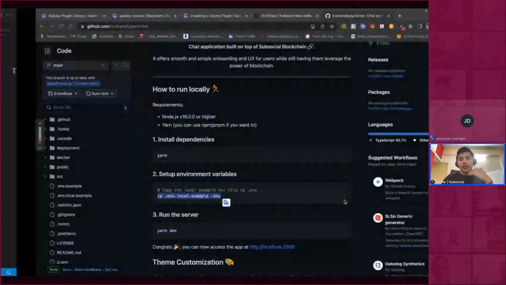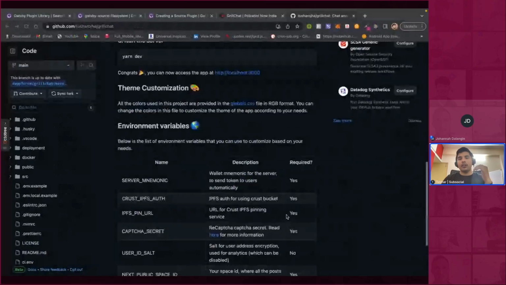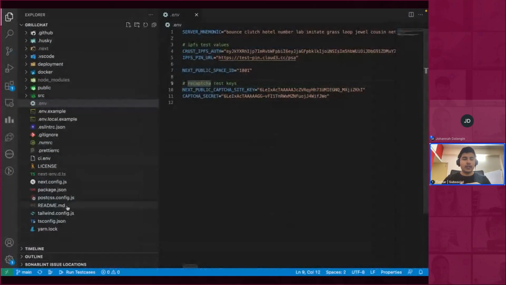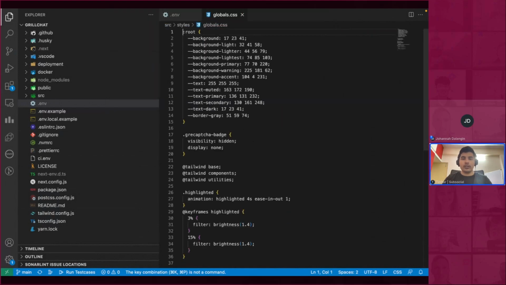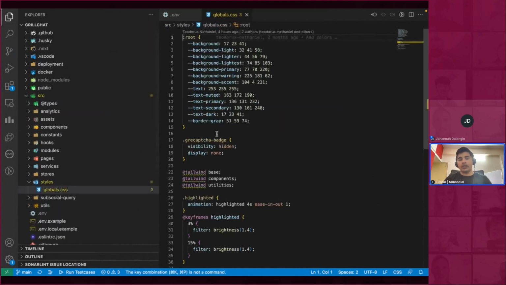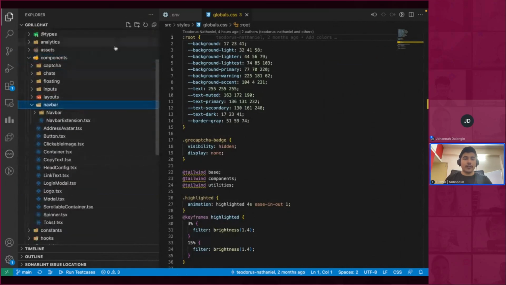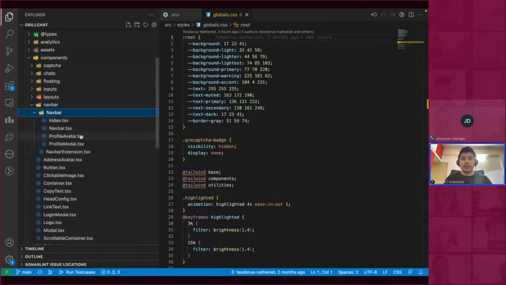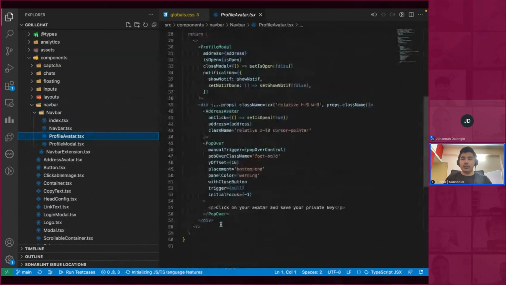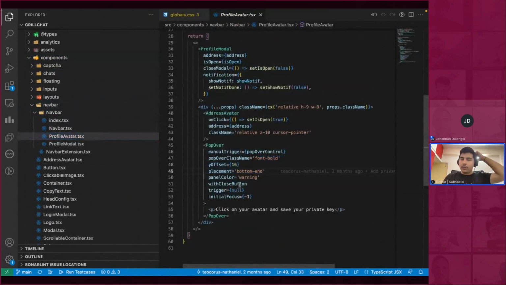Now let's take a look at these configurations. You can customize the theme. We have global.css with all the colors. If you go to global.css, here is all the colors, and it's built using Tailwind CSS. So if you want to customize any component, you can go to any particular component, for example this navbar, and you can customize the profile avatar or do anything with it, the positioning, anything literally you want to do with it. So yeah,